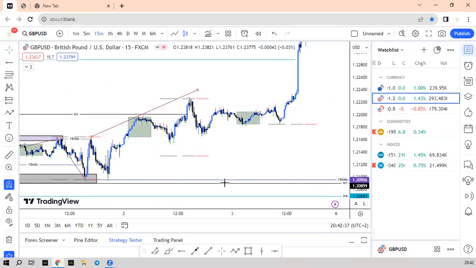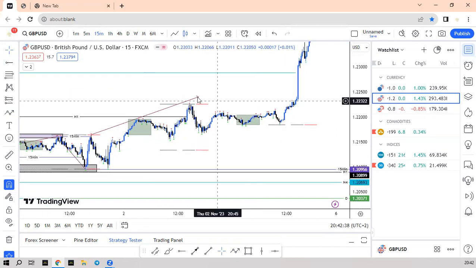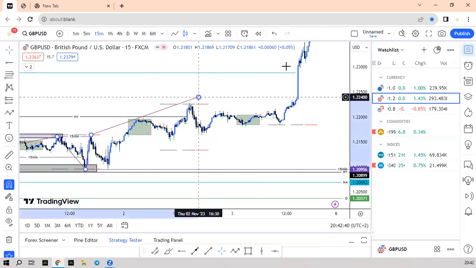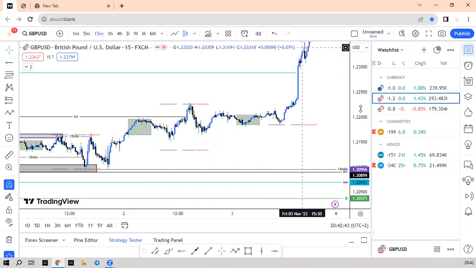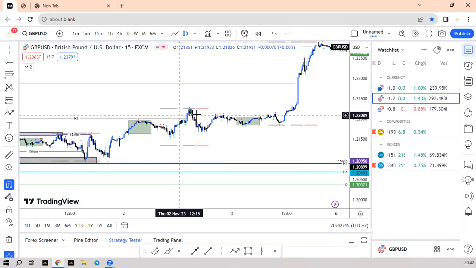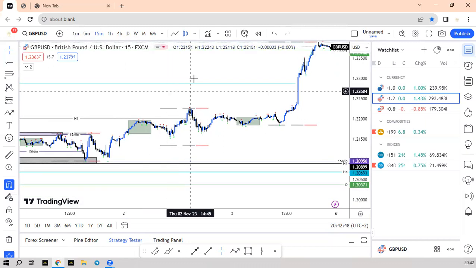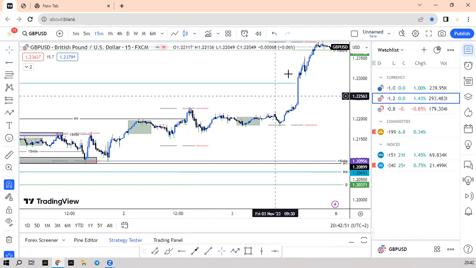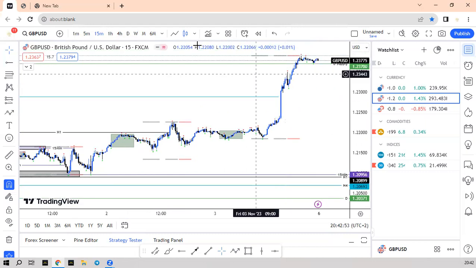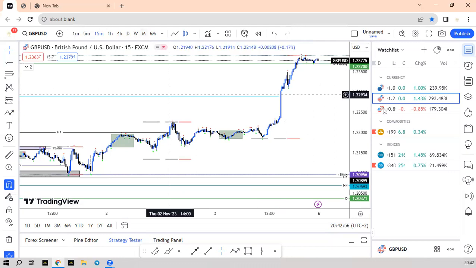You understand? So all of these are just liquidity pockets. So we have not created a high yet. So we are bullish on 15 minutes. We are bullish on H1. We are bullish on H4. Daily is bearish and we are inside the supply. Daily is bearish and weekly is bearish. So let's jump into